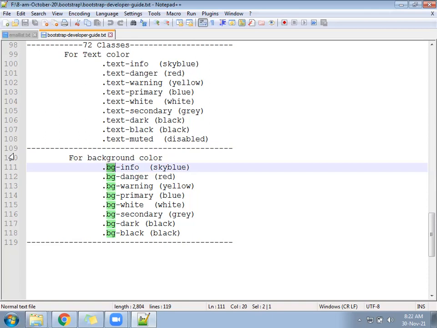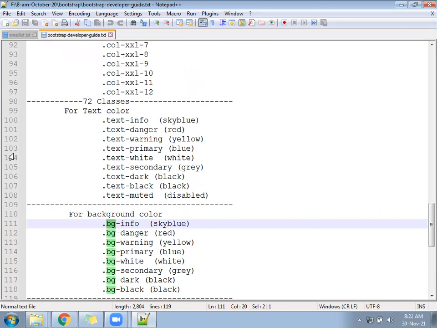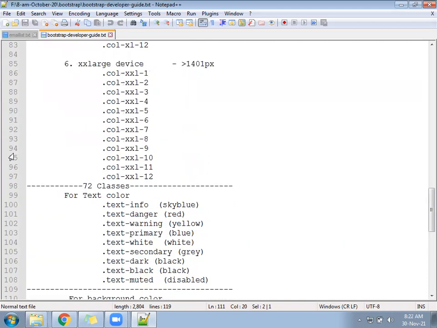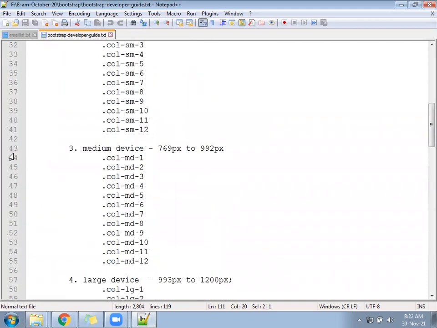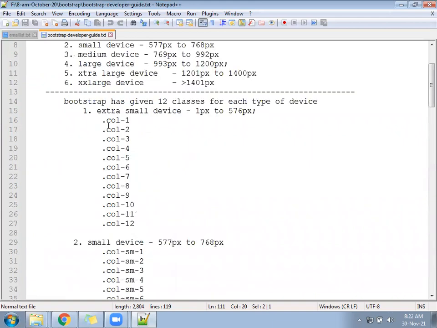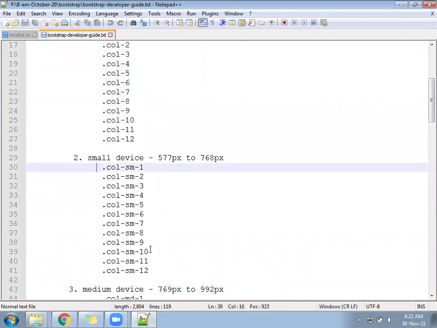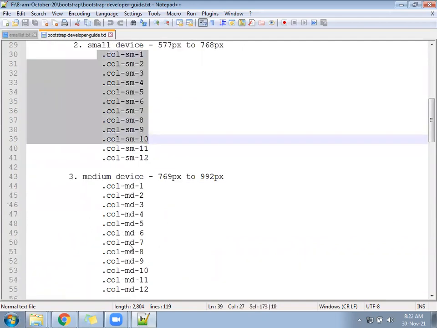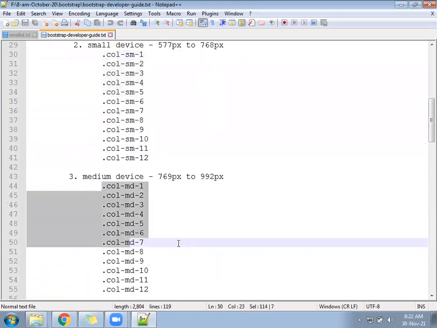We have a lot of classes in this. We need to learn and we need to make a note. So first, the grid system. How to use these 12 classes for extra small, and the same 12 classes for small, and the same 12 classes for md, lg, xl and xxl.